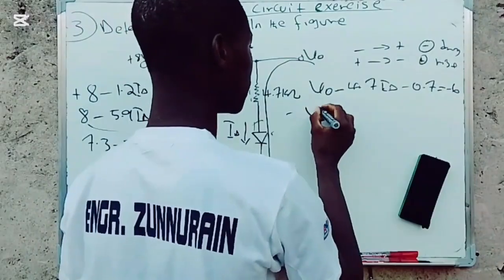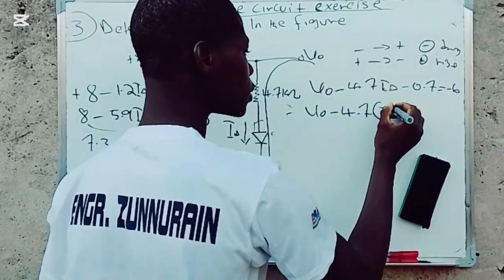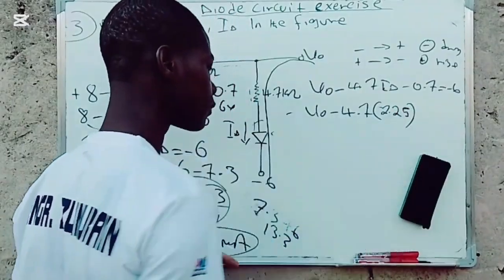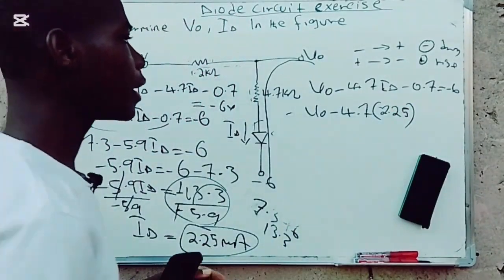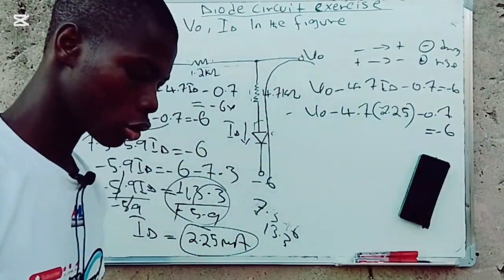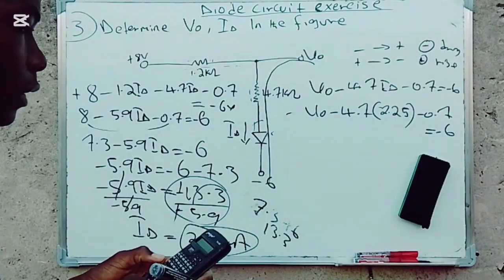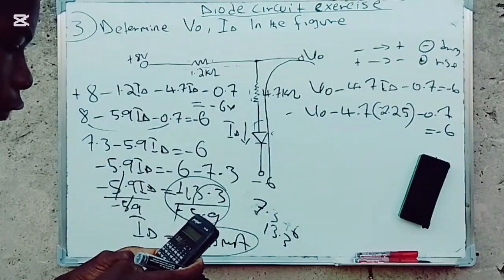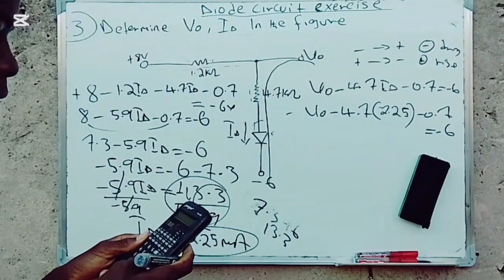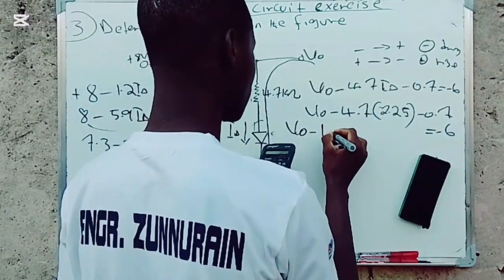So I have V naught minus 4.7 multiplied by ID, which is 2.25, and therefore minus 0.7 should now be equal to negative 6. If I say minus 4.7 multiplied by 2.25, what should I get? So this should now be equal to V naught minus